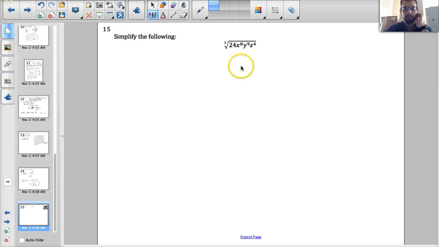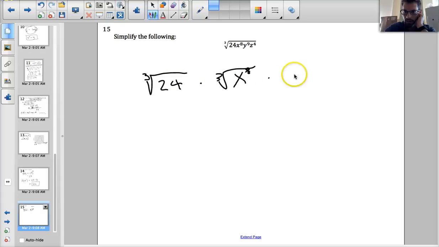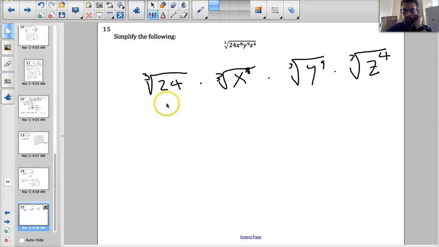And finally, I'm simplifying the following. So I need to take the cube root of all of these things. So I'm doing the cube root of 24 times the cube root of x to the 8th times the cube root of y to the 9th times the cube root of z to the 4th. So I'm looking for groups of 3 in everything. So I'm going to go ahead and factor this. So 24 breaks down into, let's see,